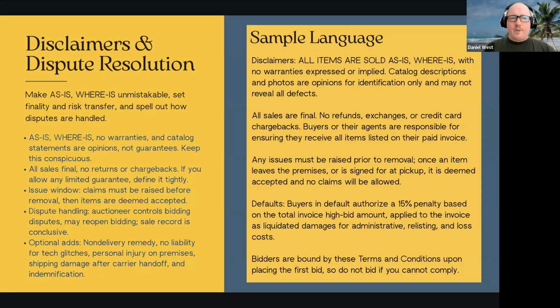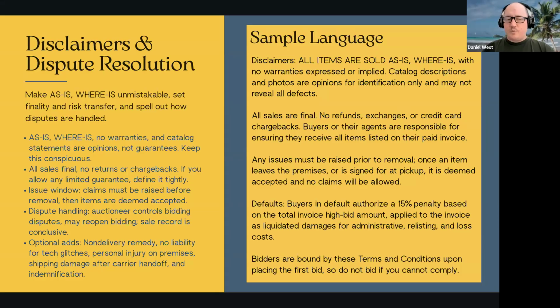So the point, though, is that you normally want to give yourself maximum control. So within the user agreement of any platform, certainly any owner-operator platform, the language should be very clear that the auctioneer has almost godlike control over everything and their word is final. You don't need to go so wild and crazy with the disclaimers, but saying that the auctioneer handles the disputes and that the auctioneer's sale record is conclusive is helpful.